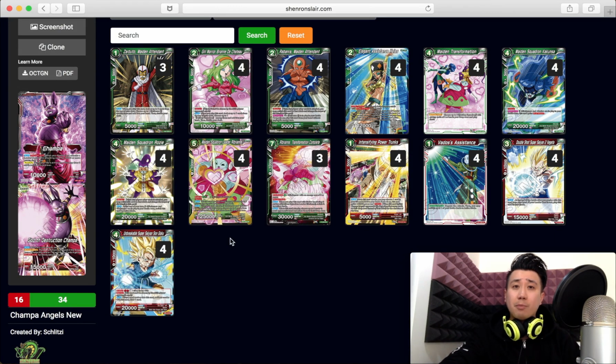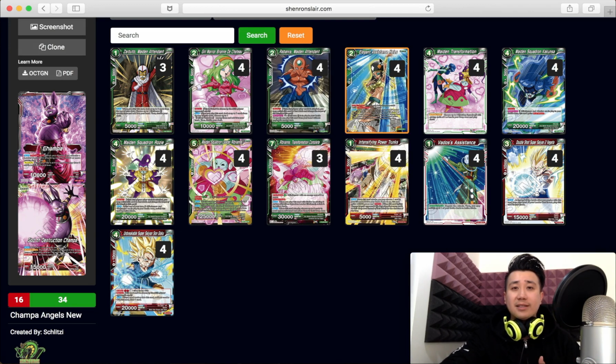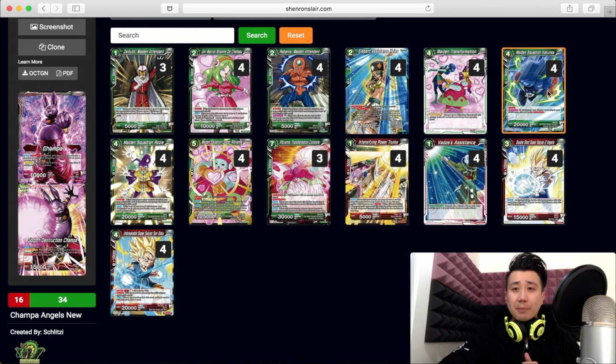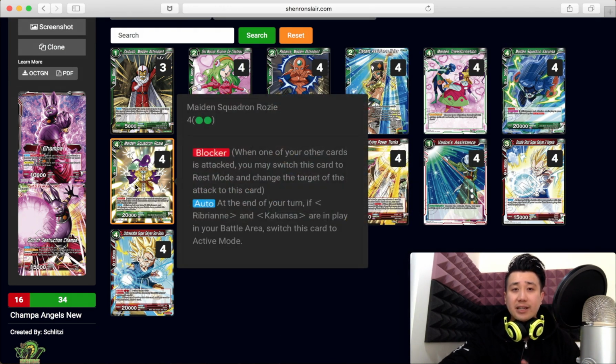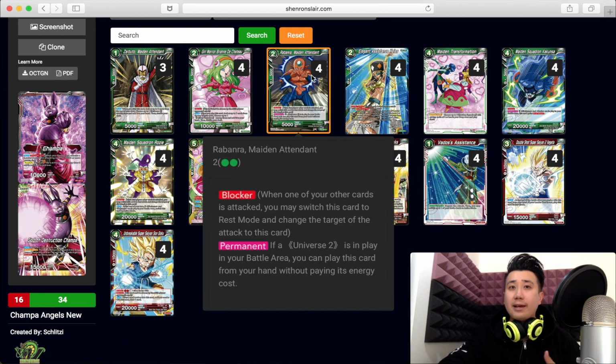When there's something on the board that you want to pop, bring her out, pop it, and use the super combo to drop your maidens like this lady and this lady to help you draw the cards that you need, especially cards like that, or like that. If you have this, play them for